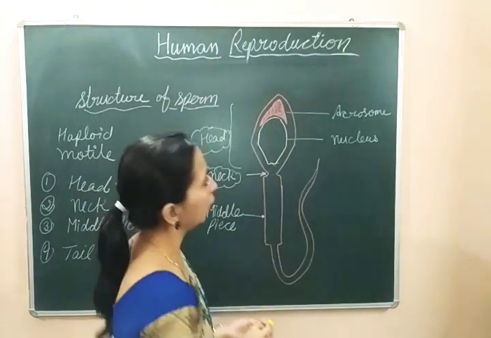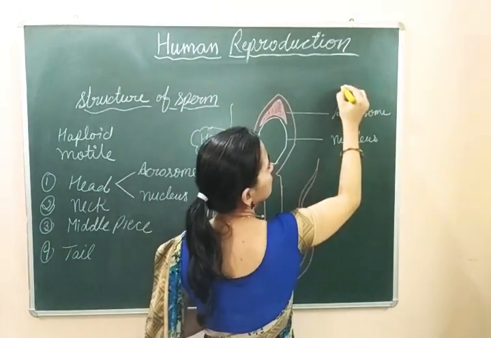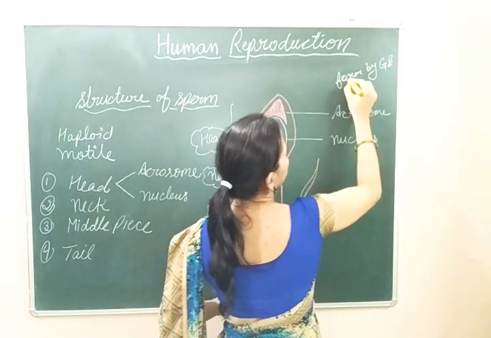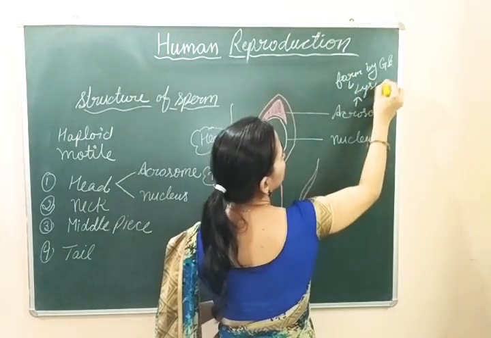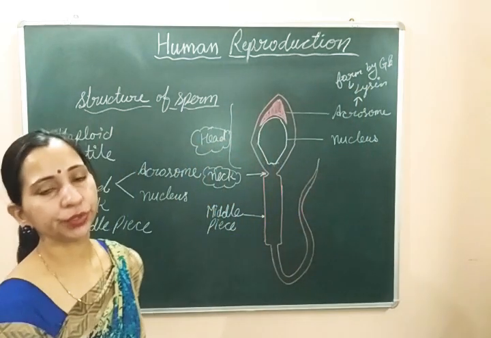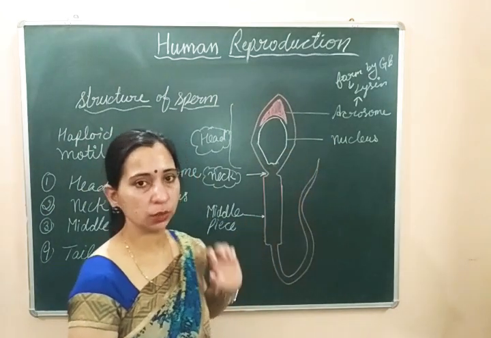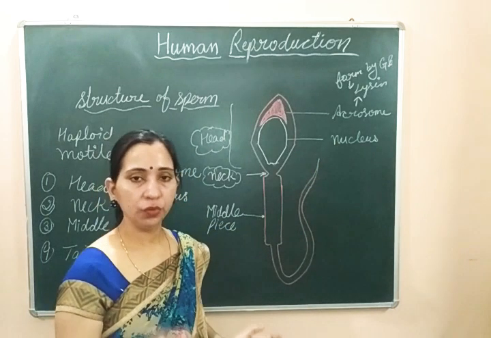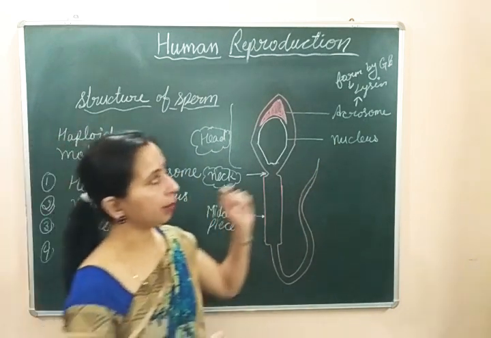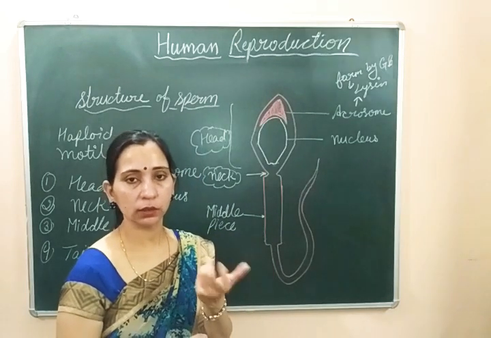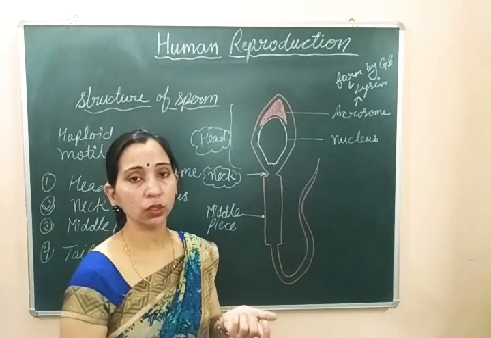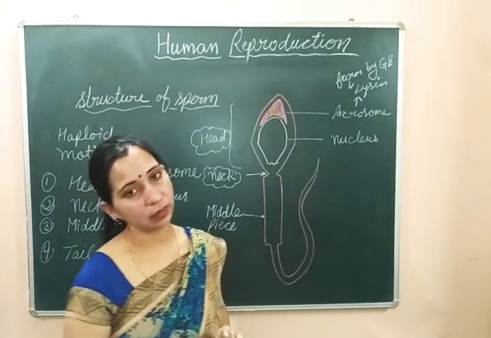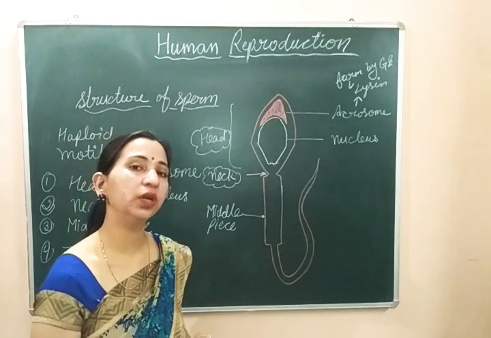Golgi body ने यहाँ पे form किया है acrosome, and this acrosome, we can write here, formed by Golgi body, and it releases the lysine enzyme. This acrosome is responsible to release the lysine enzyme, which is responsible to degrade the cell membrane of the egg. एग की जो मेम्ब्रेन होती है, ह्यूमन फीमेल में जो एग होता है, उसके चारों तरफ जो मेम्ब्रेन है उसकी सेल्स को डिजनरेट करने का काम करेगा ये लाइसिन एंजाइम, so that the sperm is able to get fertilized with the egg.